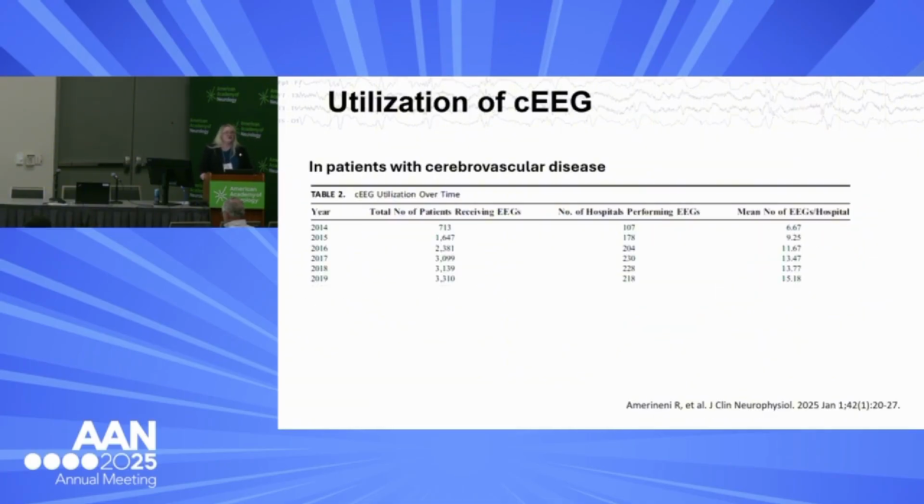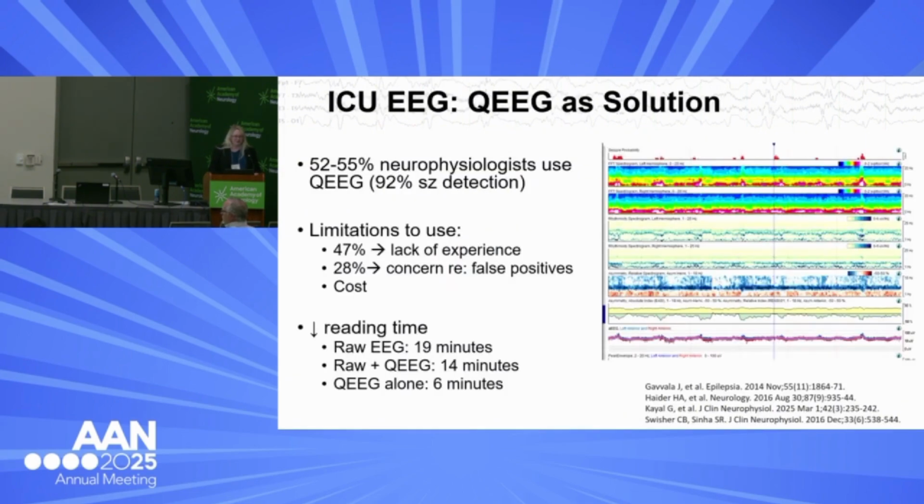Even more recent studies suggest that between 2014 and 2019, the number of patients receiving continuous EEG monitoring in the context of cerebrovascular disease has seen a tremendous growth, from 713 to 3,310, with more and more hospitals performing EEG services. So the question becomes, how do we deal with this overwhelming amount of data and the overwhelming need to perform